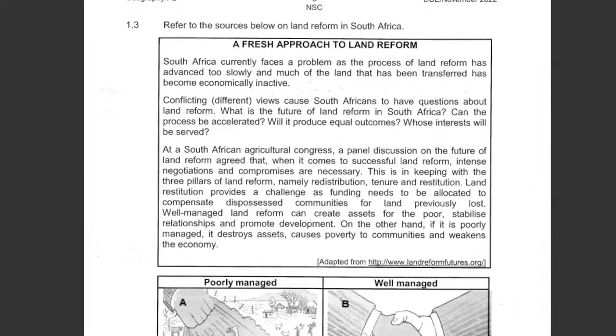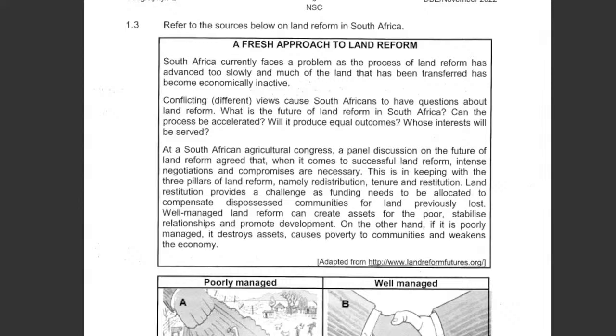Okay. At South Africa's Agriculture Congress, a panel discussion on the future of the land reform agreed that when it comes to successful land reform, intense negotiations and compromises are necessary. Sorry, in South Africa,